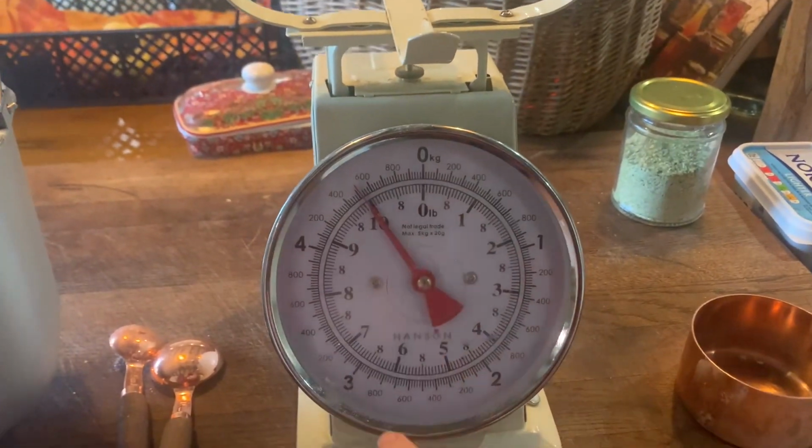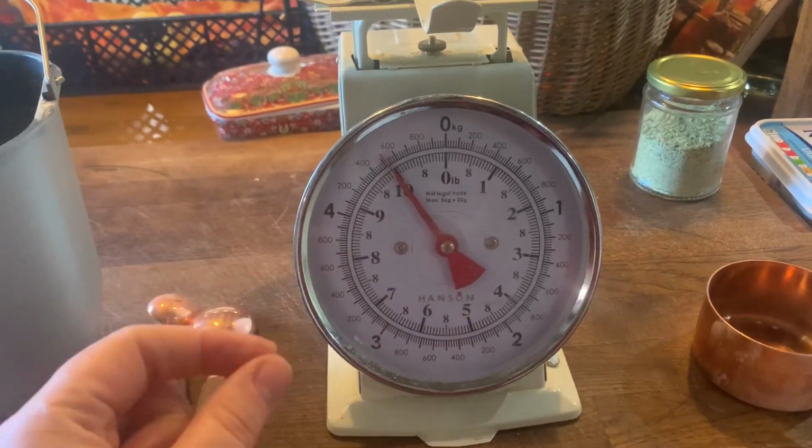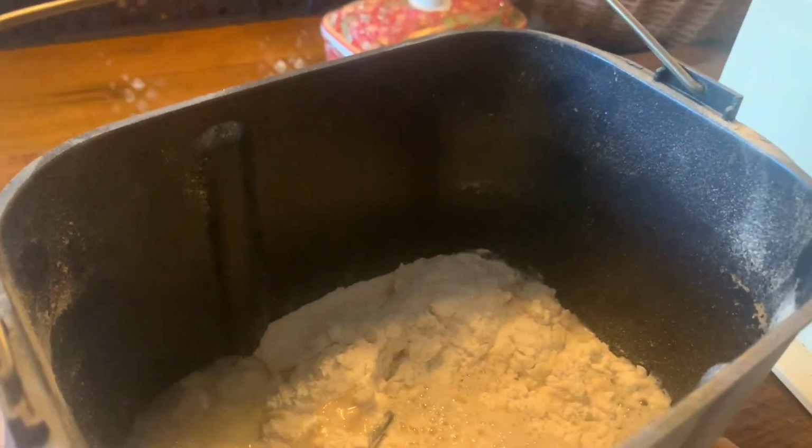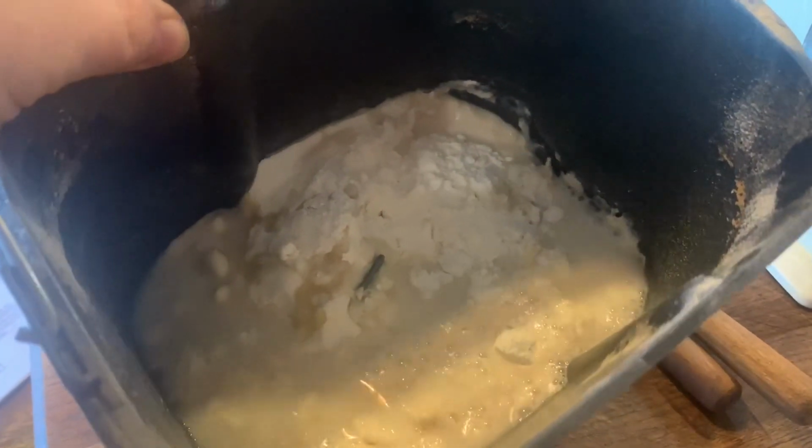But when you've got things like the sourdough starter and it's a very small number of grams that you need, they're not completely accurate, or I'm not completely accurate, whichever way around. Right, that's all our ingredients. We're going to go and put this in the bread maker and come back and get on with the lamb